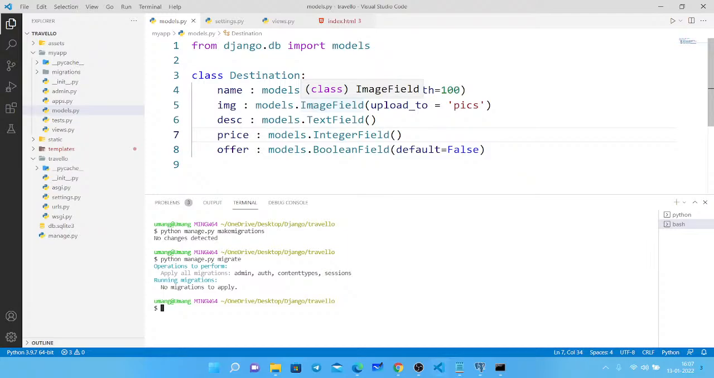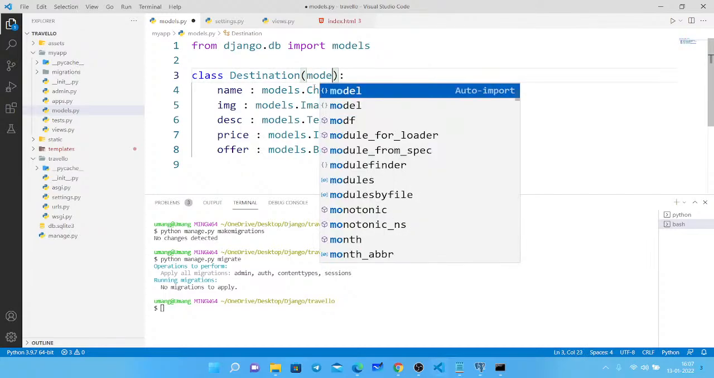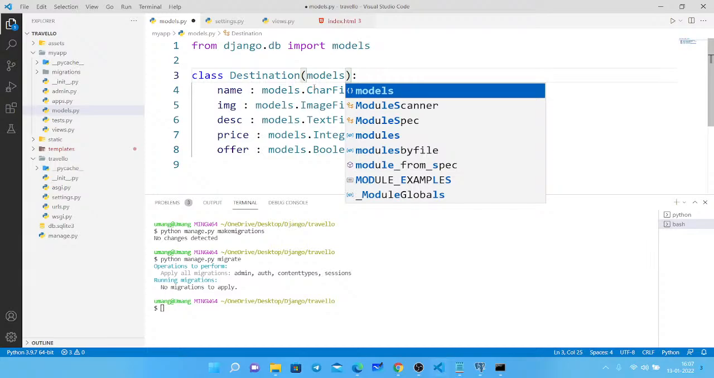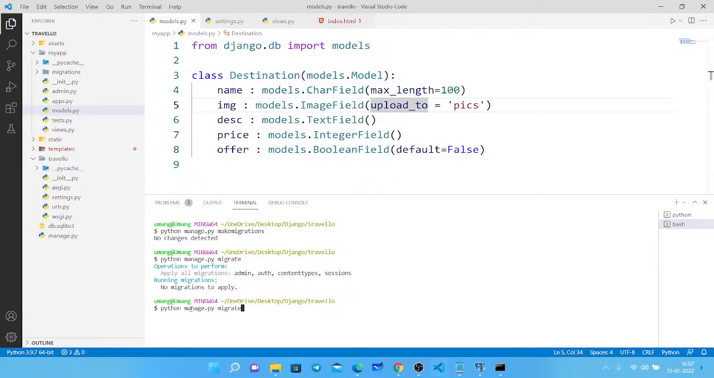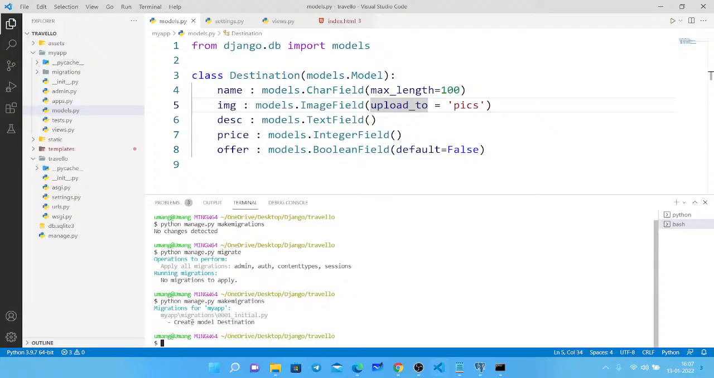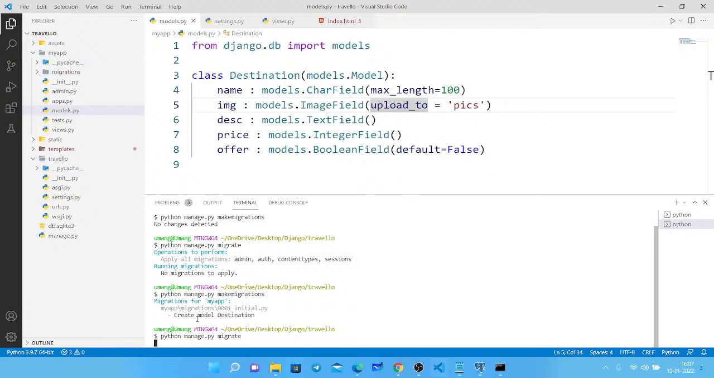Tell me. Okay, see, I got the missing thing. See, the problem is here I missed one thing. Here I have to write models.Model. Yeah, this line I have missed here. This line, models.Model. This is the missing thing. If I save it now, and now if I do the migration, makemigrations, done, and if I do migrate,